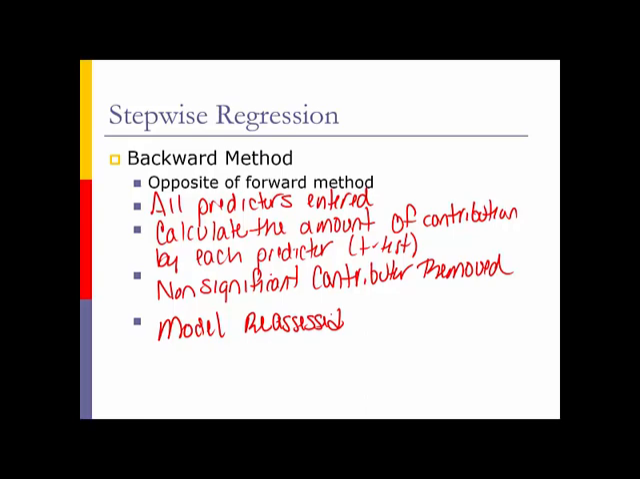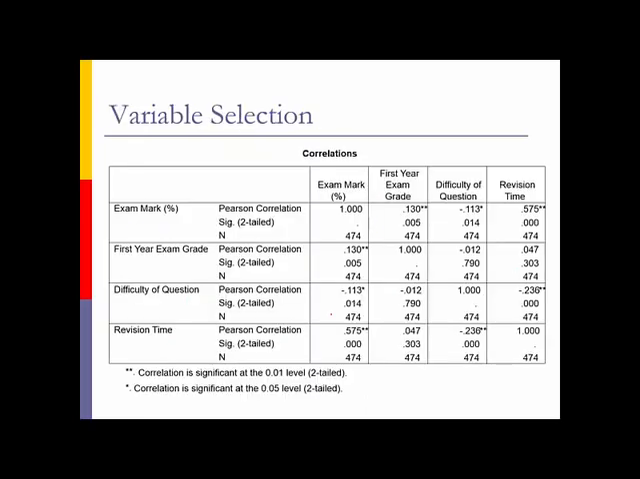So at least now you have two ways of stepwise regression to go with. They each have their pros and cons. But let's look at an example of what we should do. So we've got an exam mark, and we've got first year grade, difficulty of question, and time to revise. So when we just look at the correlation,